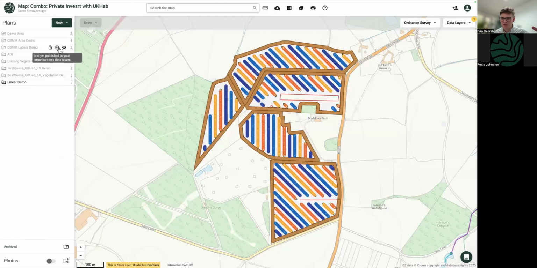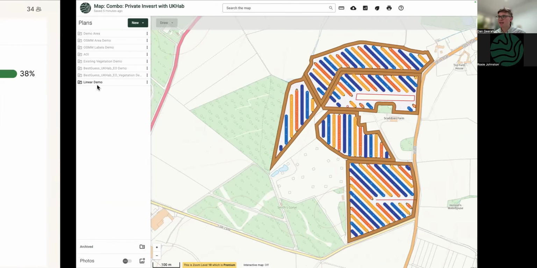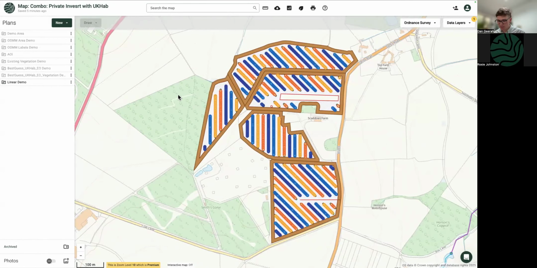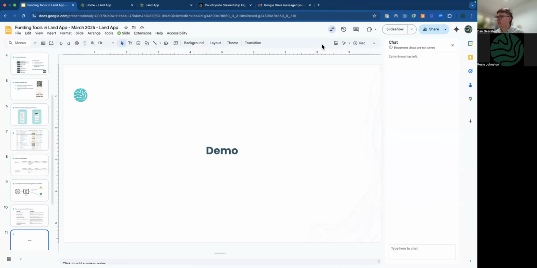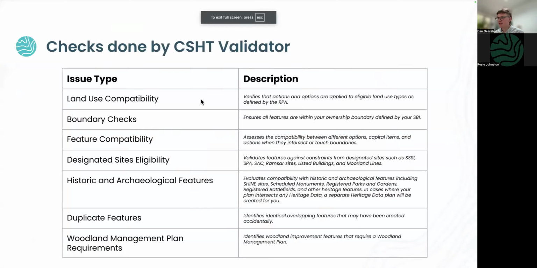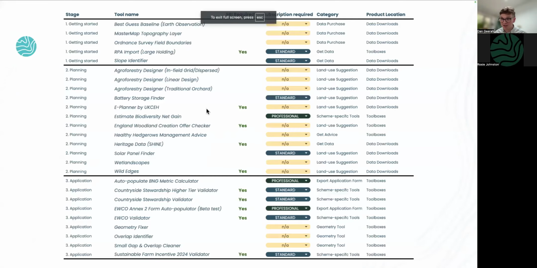So for example, I know we've got Rob Brown on the call who's logged into LandApp probably more times than I have. But there might be people here that have never used it before. So understanding, I guess, the level of demo is always useful. But today was very much a showcase, and I think the bit that I'm excited about is just giving people, I guess, transparency over those different tools that they can use. There is a lot out there. Just to put this back on the screen, please just go onto our help center, have a find, have a Google. There's guidance that can help you. But hopefully that's been useful.